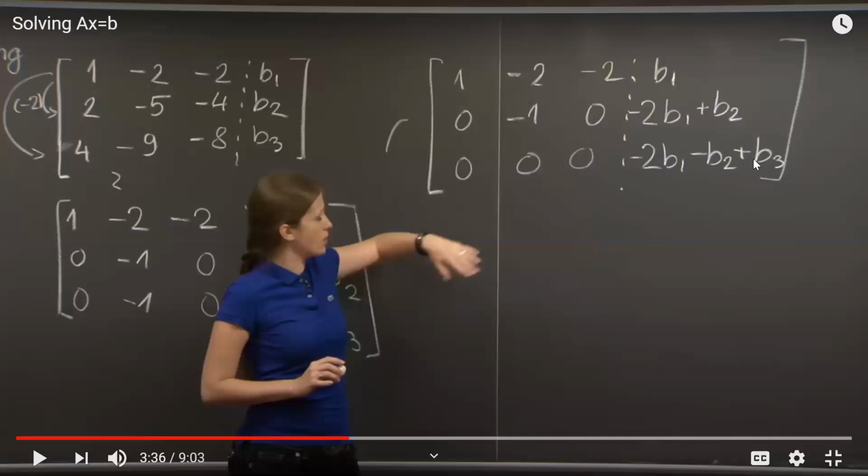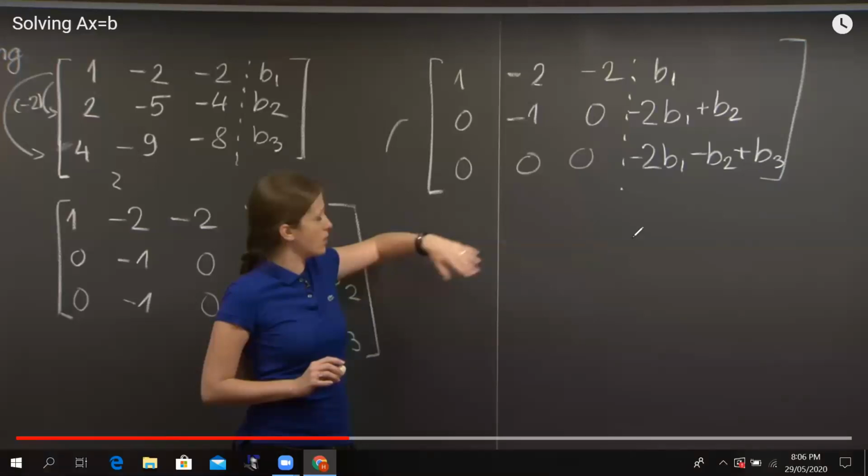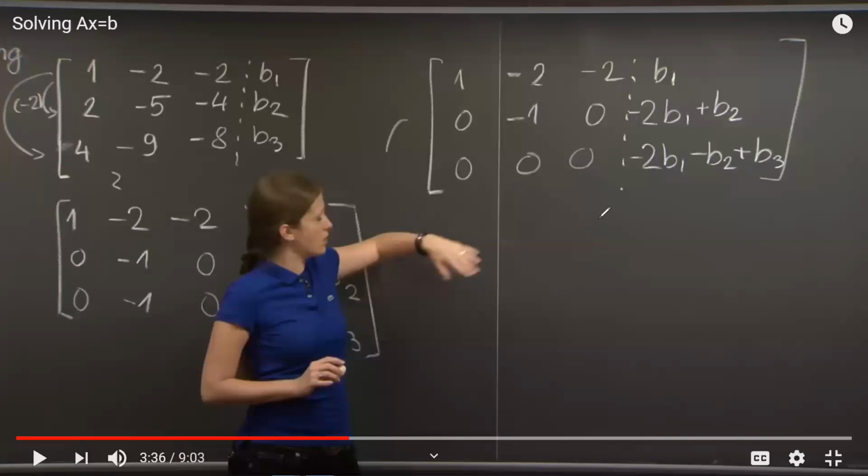Now here the strange situation is that the last equation tells me that I have zeros on the left, but I have a number on the right, which is minus 2b1 minus b2 plus b3. So if I write it down, I think I can. So the last equation tells me that I have